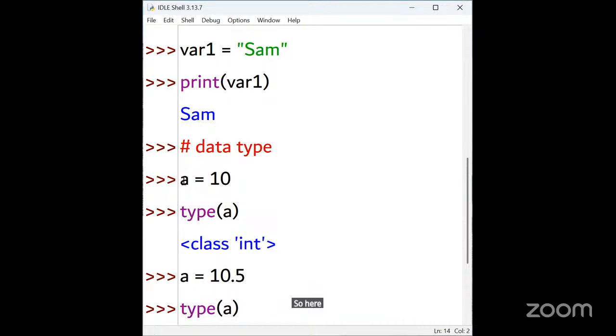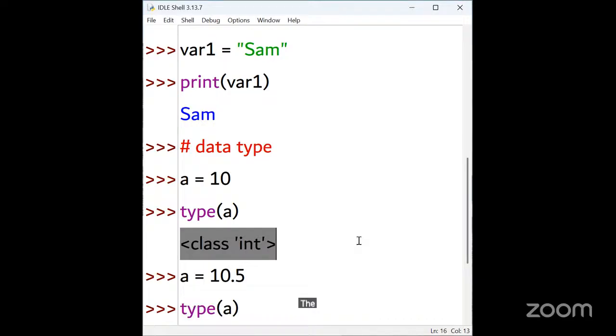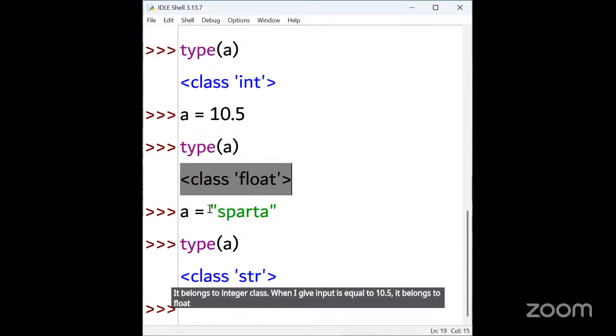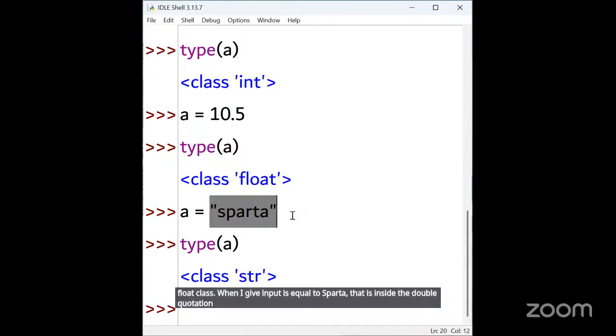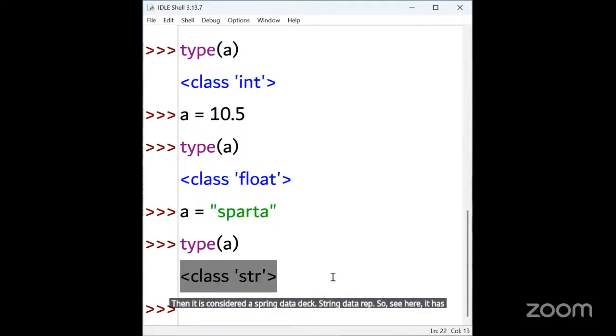According to the input, the data type is declared. When I give input 10, it belongs to integer class. When I give 10.5, it belongs to float class. When I give Sparta inside the double quotation marks, it is considered a string data type. So here it has given class string.